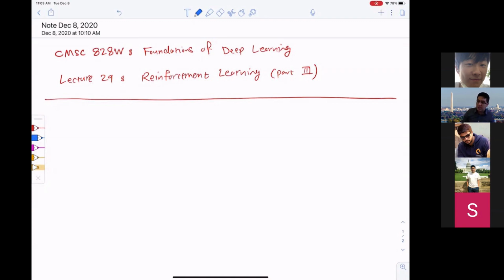But as I mentioned last time, we have thought about different optimization problems in either supervised learning or unsupervised learning, and majority of them we have tried to approximately solve it using gradient descent or different variations of it. So the question is, can we use gradient descent in order to tackle the reinforcement learning problem? And that's going to be the main goal of today's lecture.